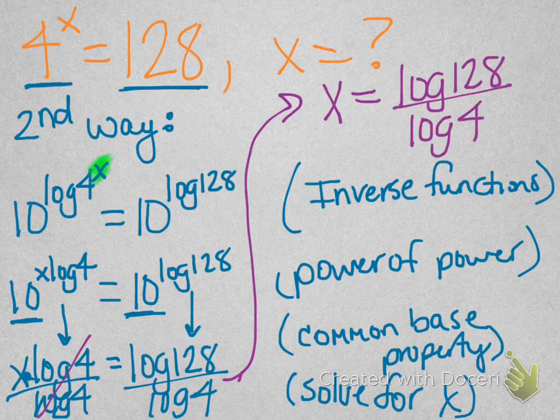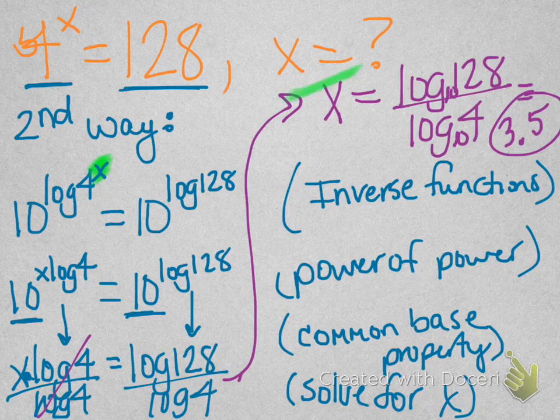And now both of these have base 10, which if you're using a regular old calculator or even a computer calculator or a phone calculator, you'd be able to compute log in base 10 of 128 over log in base 10 of 4, and you would get the same answer of 3.5, just like we did in the first example. So I hope you wrote that down. This property here